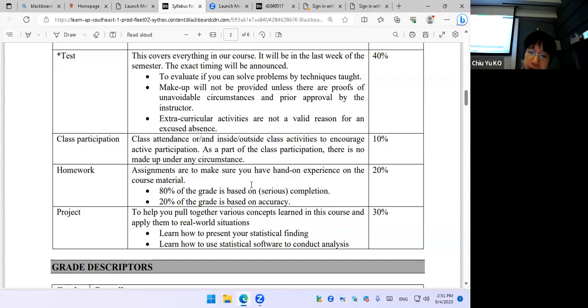And lastly, is the project. The project will be the most useful thing, because I try to make sure that you actually work things out. Okay. Some people like to work together. Some people like to work individually. So I don't put restriction on the group size. To be fair, the workload of a 2-person group should be double the 1 person.